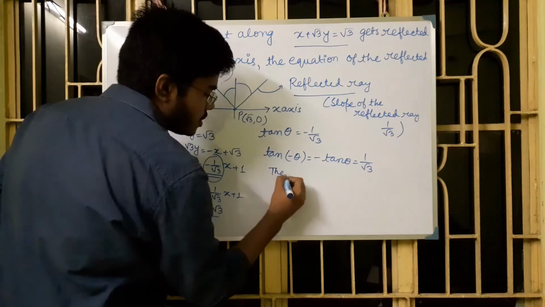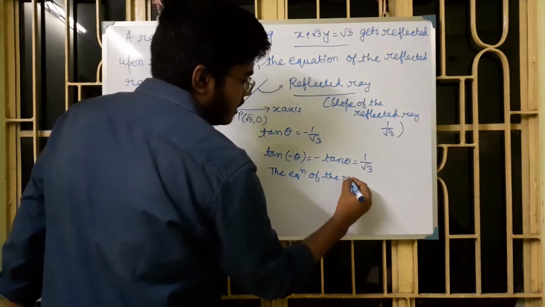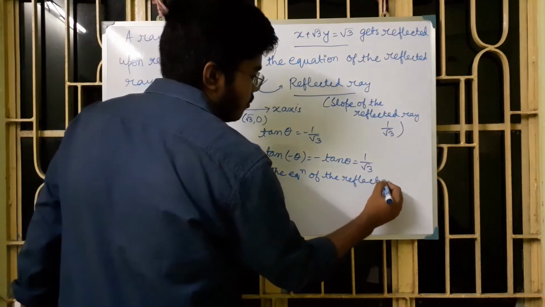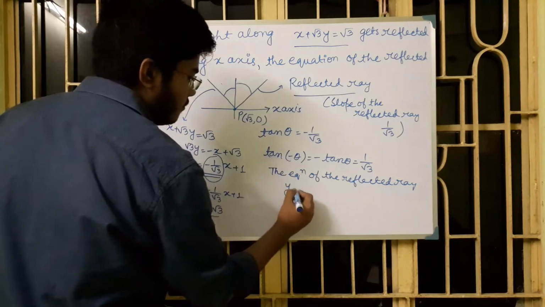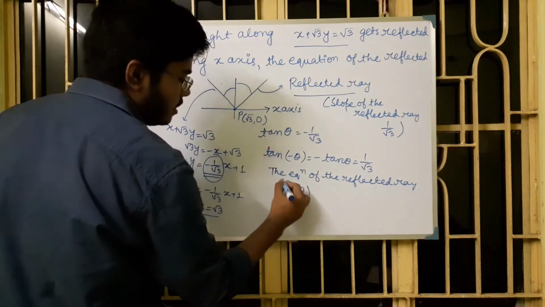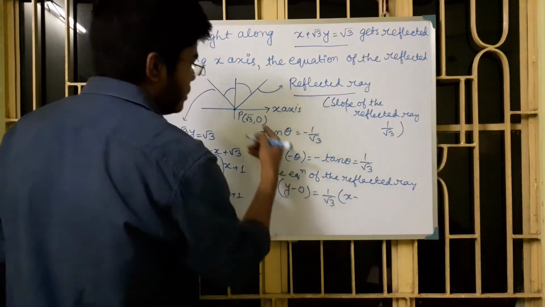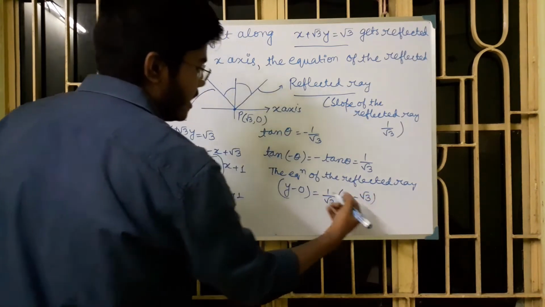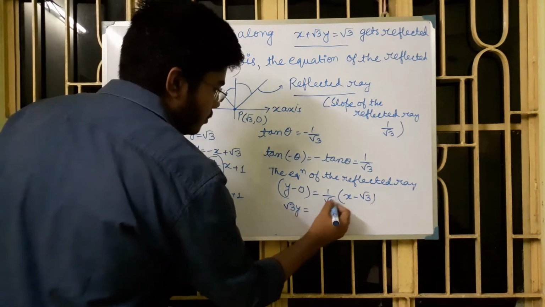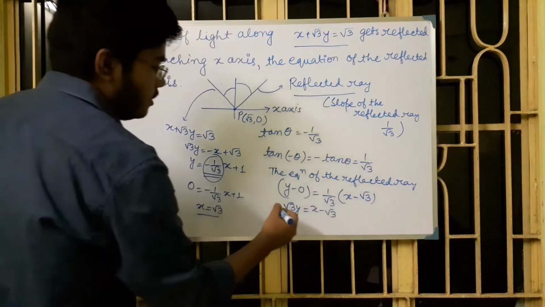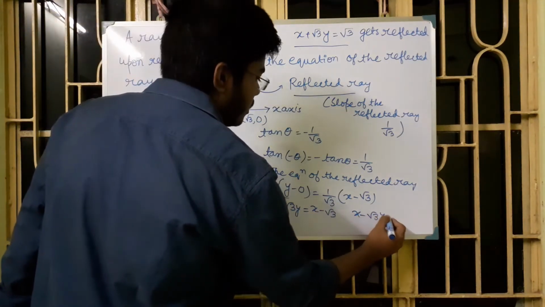So the equation of the reflected ray will be, what will be? y minus y1 equal to slope into x minus x1. So root 3 into y equal to x minus root 3, and x minus root 3y equal to